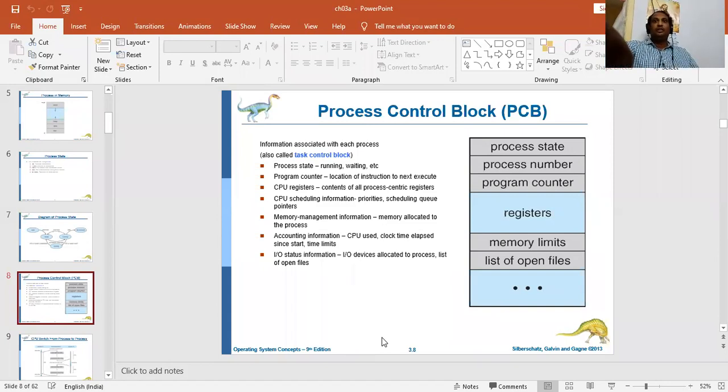You are entering the name, address and all. Then you will have something called a submit button or next button. Yes or no? Everybody, you might have filled one or the other application form online. Did everybody fill it? Yes, sir. One or the other application form we might have filled.